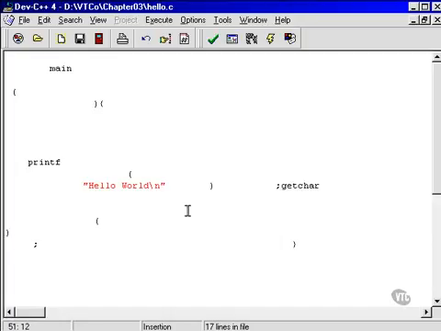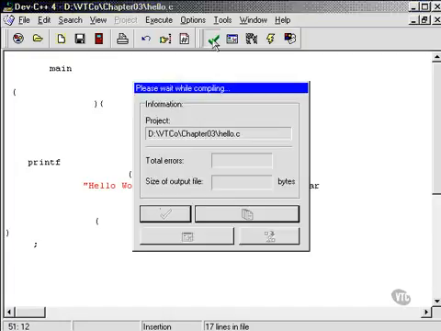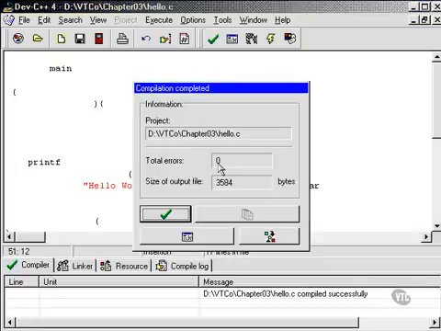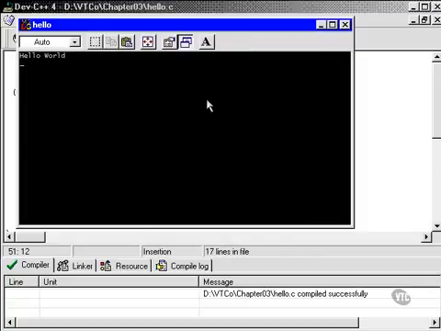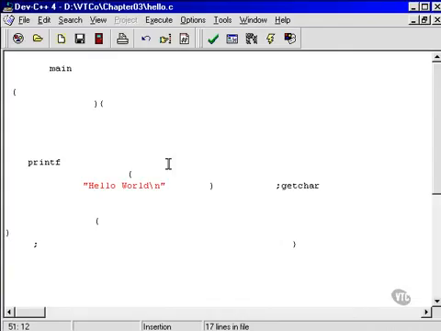Let's have a look and see if that compiles. Compiles perfectly. Total error is 0, just as before. It runs perfectly as well. I'll now just put the program back to the way it was originally, and here we are back at square